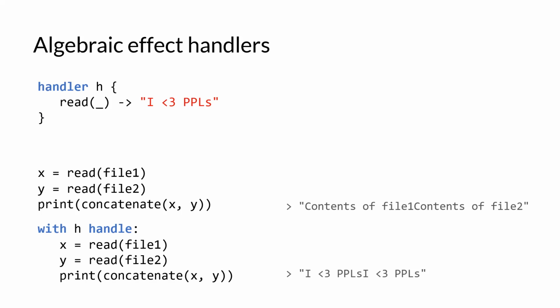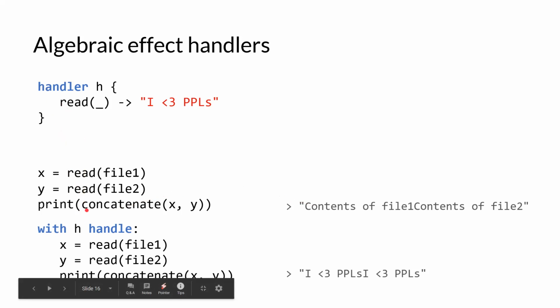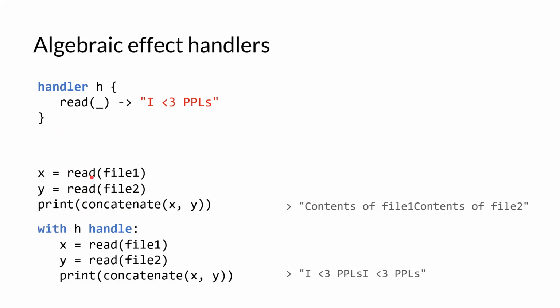It's a programming languages construct which was developed in order to keep track of effectful operations. So for example, let's say we have the operation read from a file. This is an effectful operation, right? It's not a pure function, because the function opens a file in your file system and reads from it. So it does not just depend on the arguments of the function. And effect handlers are meant to keep track of this and make sure that everything is correct.